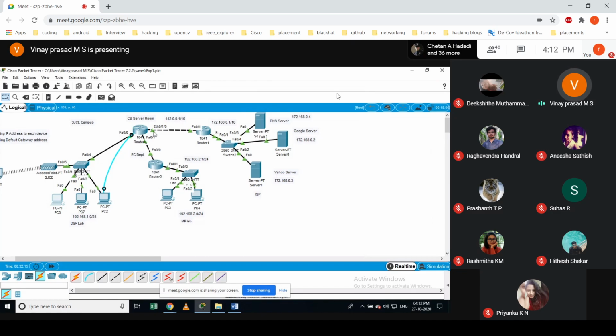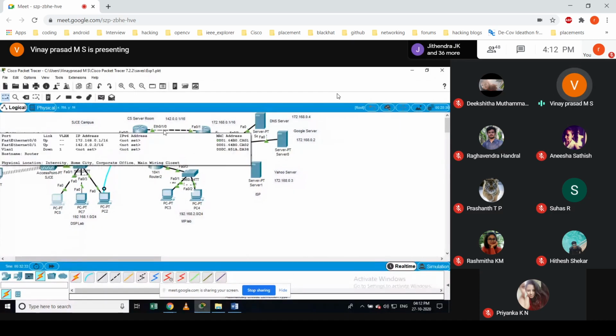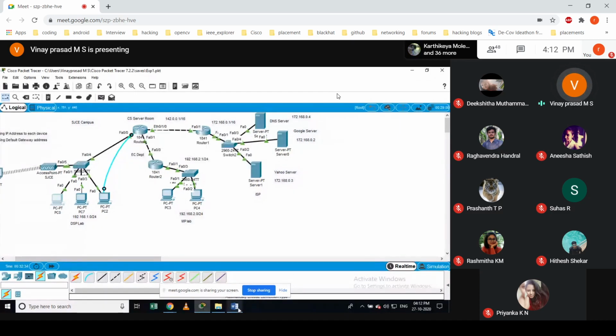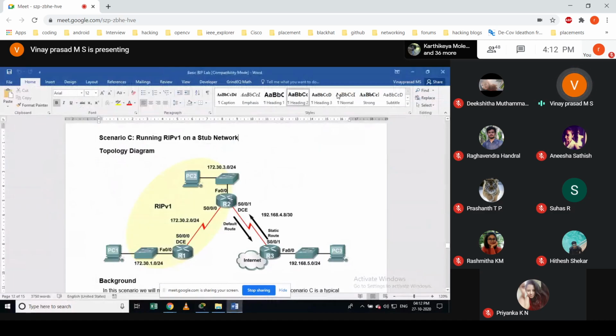What has happened here: if I configured even RIP between these two, then every network information, your private network information, would also be shared with this ISP. Which networks I'm using within my LAN would also be sent to the ISP, but that should not happen. So that's why we use this kind of configuration every time between my network and the ISP. Keep that in mind always: between any private network and an ISP, they configure it in this format.